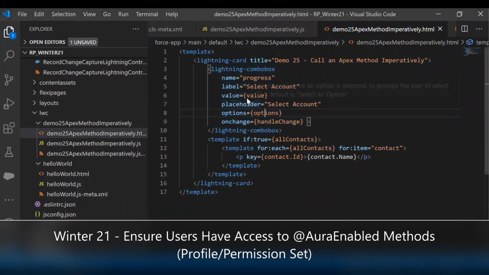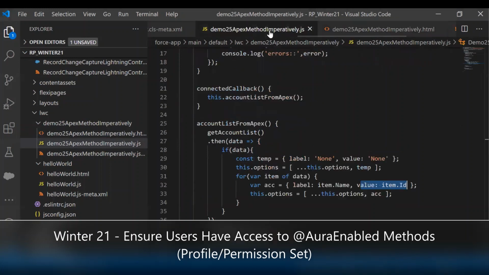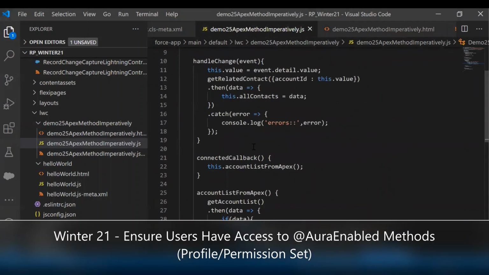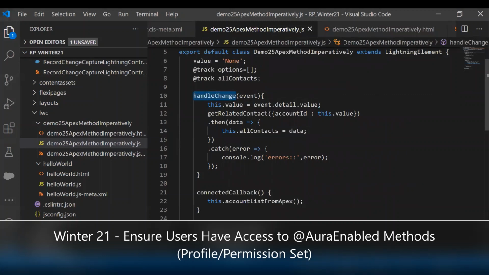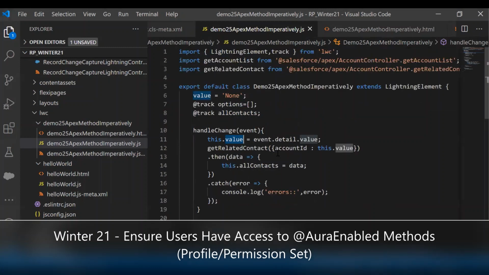So whenever we select any of the accounts from this Lightning combo box, from the onChange handler, handleChange, I get that account ID using event.detail.value from this value attribute, and then call another method.